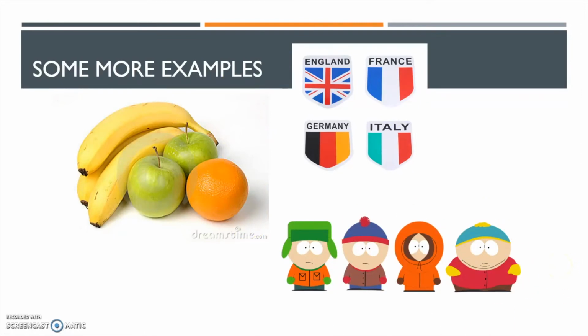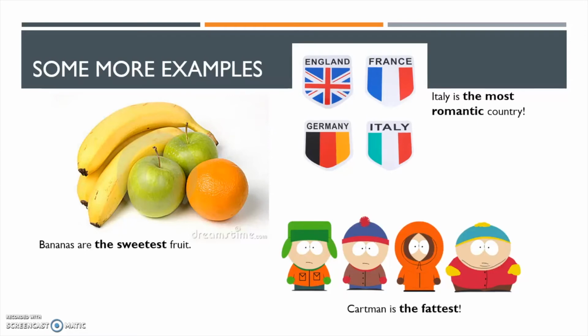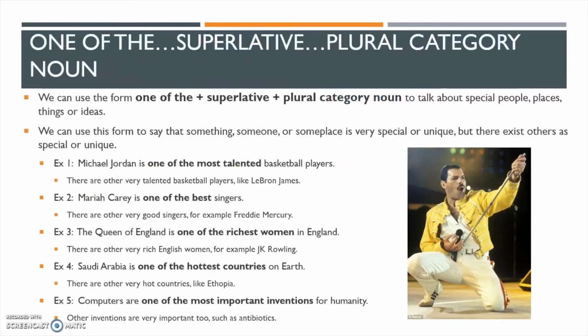Here are some sentences that I came up with. Bananas are the sweetest fruit. Italy is the most romantic country. Cartman is the fattest. We also can vary our speech using this fun sentence: one of the, plus superlative, plus a plural category noun, to talk about special people, places,